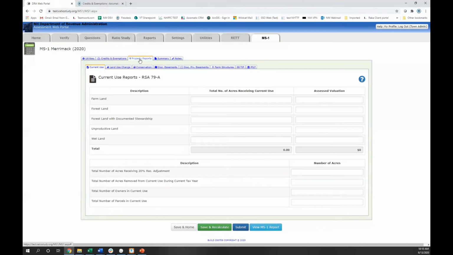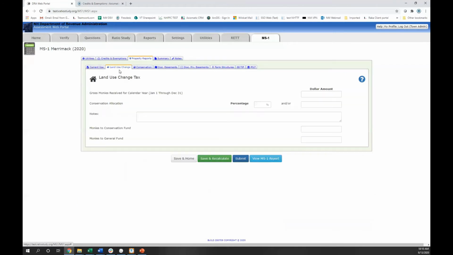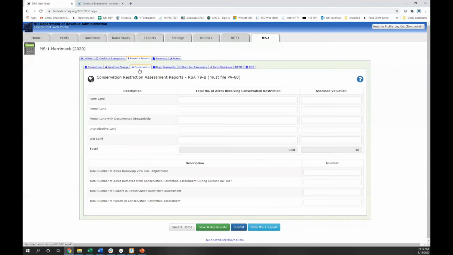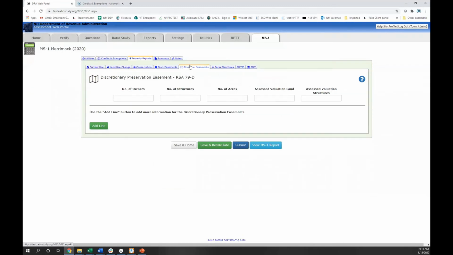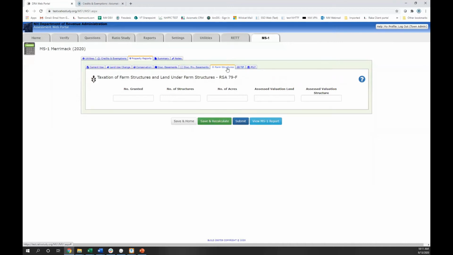Moving on into property reports. Here is your reporting of current use, land use change tax, your conservation restriction easements, discretionary easements, discretionary preservation easements, your farm structures and land under farm structures,